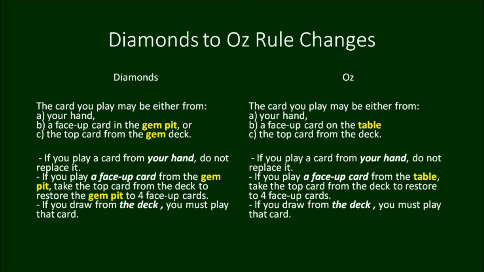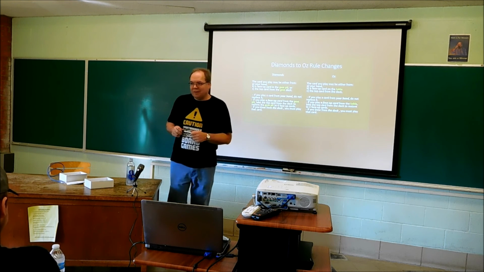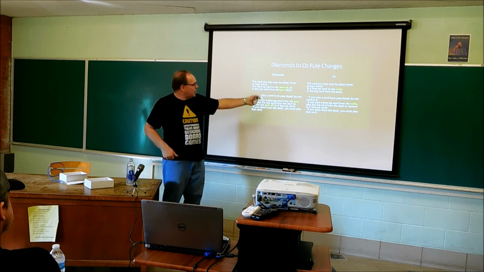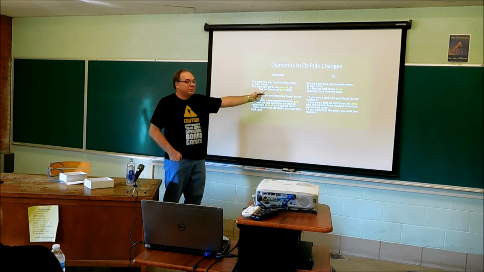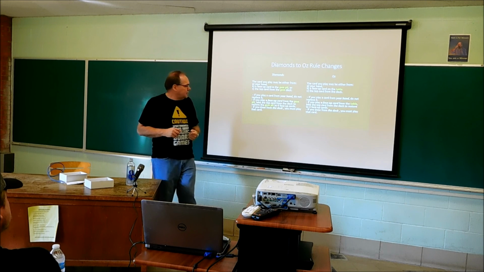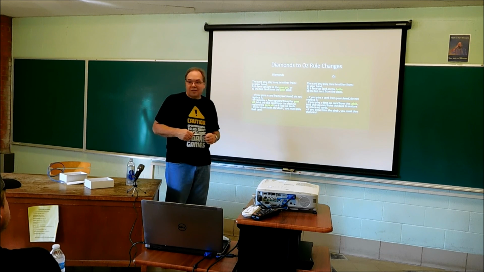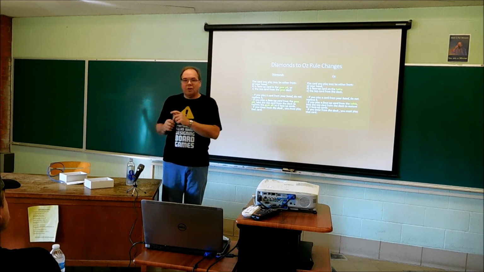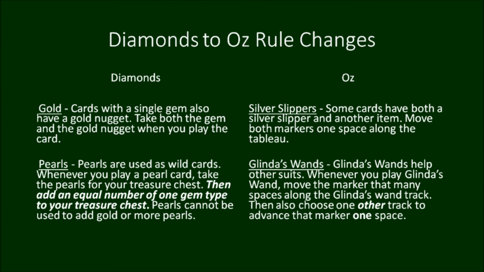This is bad. I put the text towards the end. The text is the most important part. But the point I wanted to make here is if you look at the rule books, it's not that big of a change. Where in Lady of Diamonds, because of the gem theme, I was talking about the gem pit and the gem deck, now there are no gem pits and gem decks, it's just the table and the deck. So in many cases it's the exact same rule, just slight terminology changes to fit that theme. We're not talking about diamonds and gems anymore. We're talking about Lands of Oz.